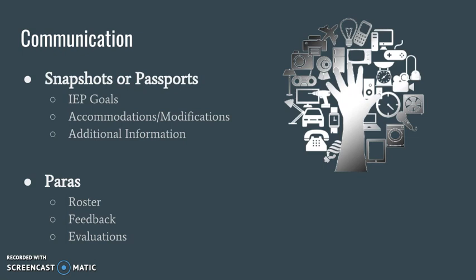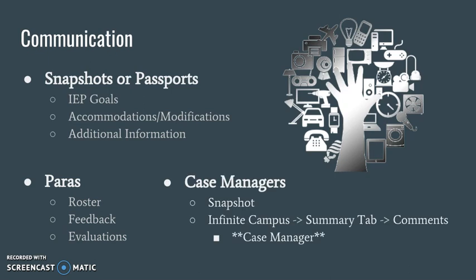It is also important for classroom teachers and paras to communicate with each other. This can be difficult when there's so much going on in a class, but when possible, teachers should provide paras with feedback to help them effectively support students and assist in the class. It is helpful for classroom teachers to let paras know what the expectations are for them in the class and to discuss any concerns with them. Hopefully this feedback and communication is happening regularly during the school year. Once a year, paras will also be provided formal feedback as part of their evaluation.